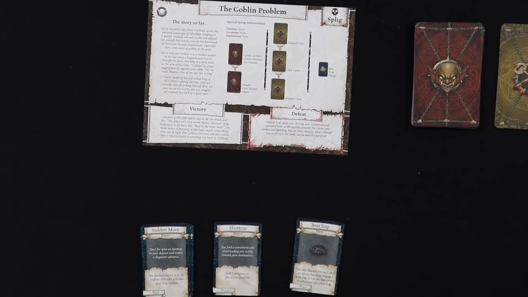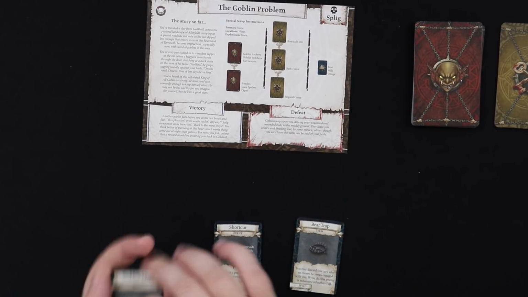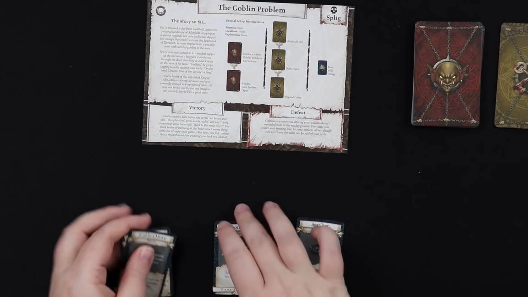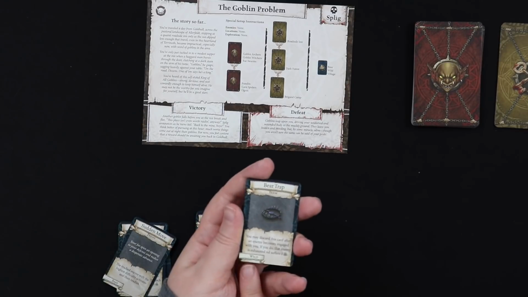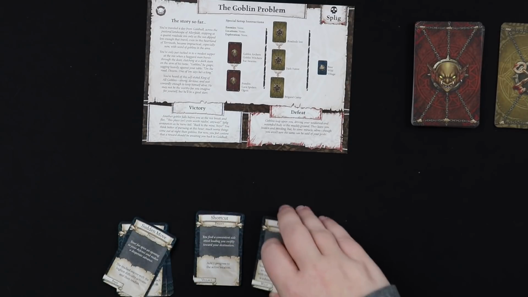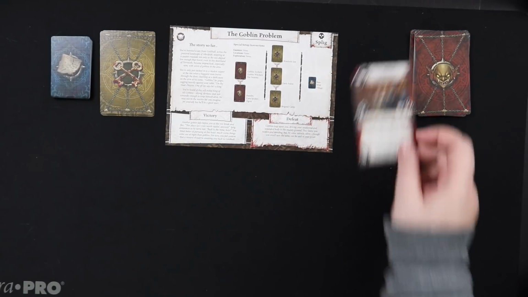We're also going to set up our exploration deck. So here on the setup card, it says base, wild, and village. So you'll find all the cards that say base, the ones that say village, and the ones that say wild, and you're going to shuffle those together to create your exploration deck. Then the last thing we're going to do is pull out our nemesis, who is Splig, the